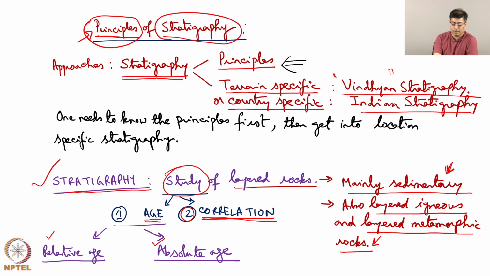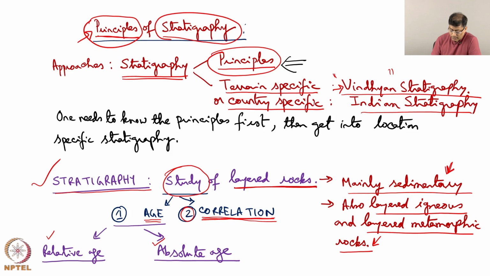If you visit a library, you will find books like Principles of Stratigraphy, and you will also find, say, Indian stratigraphy or Nordic stratigraphy, if one wants to see a book with great detail of a specific terrain or basin, let us say Vindhyan stratigraphy or Gondwana stratigraphy. In this NPTEL lecture, we will look at the common principles, the science behind how to find the age and how to correlate the rock units. However, do not think that stratigraphy 100% deals with layered rock. There is also a way of dealing with non-layered rocks, that also we will see.